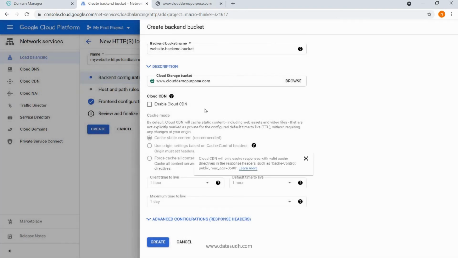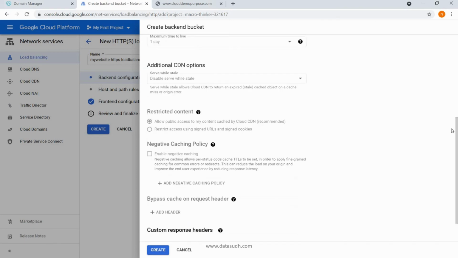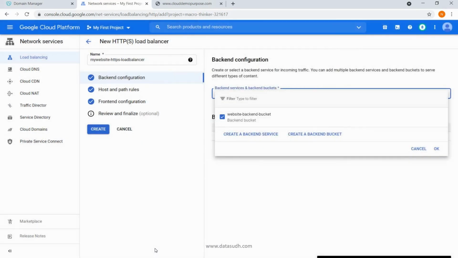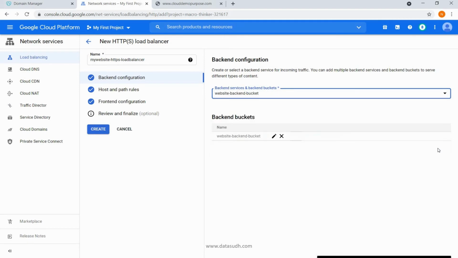Select. We don't need to select enable cloud CDN as we don't need it right now. Come to advanced configuration. There is nothing additional to select here. Click on create. So a backend bucket is created. Click on OK.